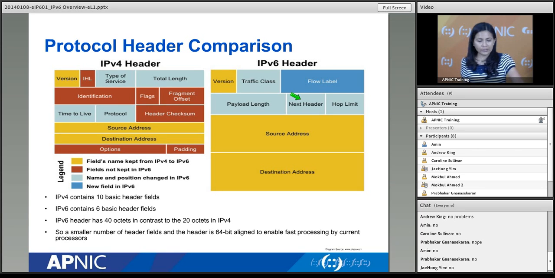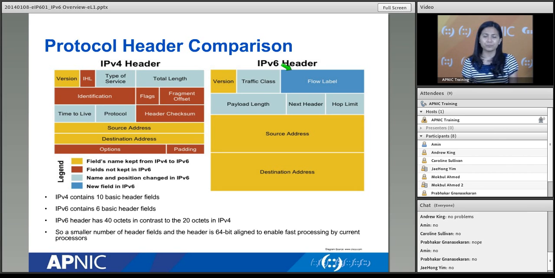Now there's another one here, a new field that has been introduced in IPv6, which is what we call flow label. So in v4 and v6, we already have type of service or traffic class. So it sort of gives us a way of classifying the data that we're receiving and giving priority to them. However, flow label is something similar to that, but it gives us more control. It allows us to define different flows, and from that, we can define priority for those specific flows.